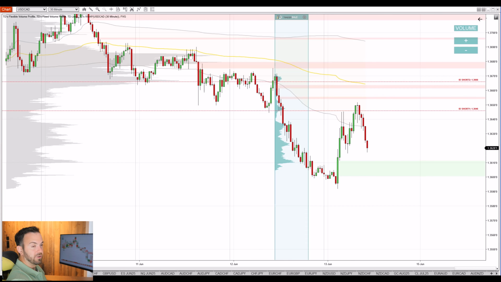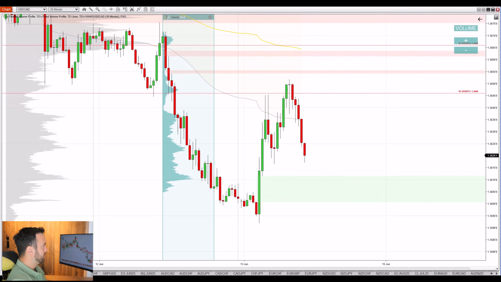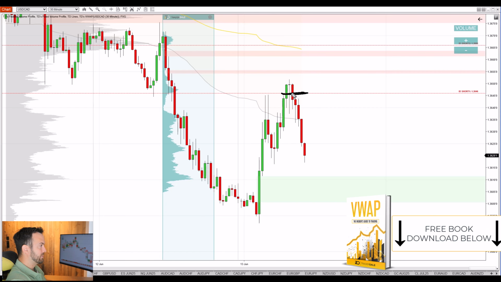Now, the reason I'm saying that I was lucky with this one is that there actually was a reaction a little bit sooner before the level, right here, this reaction. See, just a touch sooner, 0.7 pips before the level. That's where the price turned and made a reaction. So if I was around the computer, then after this reaction I would have discarded the level. But since I was asleep and I was trading with limit orders, I took the trade, and when I went to the computer I was